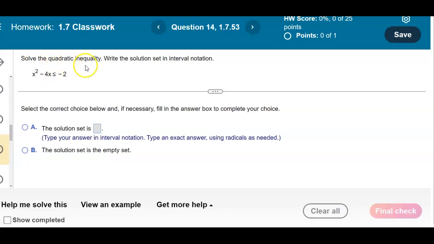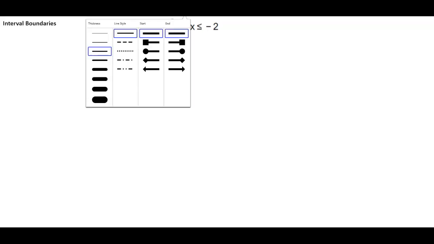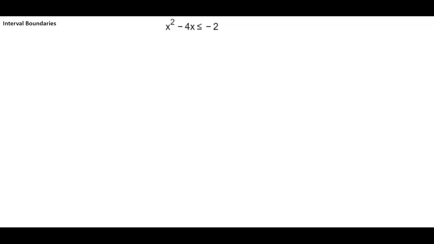Solve the quadratic inequality and then write the solution set in interval notation. We have x squared minus 4x, which is less than or equal to -2. Okay, so first thing we want to do is make sure that this inequality has a 0 on the right side of the inequality form. So we're going to add 2 to both sides. So therefore, we have x squared minus 4x plus 2, and that's going to be less than or equal to